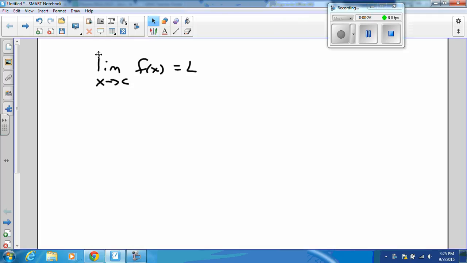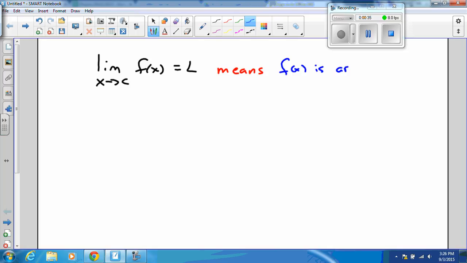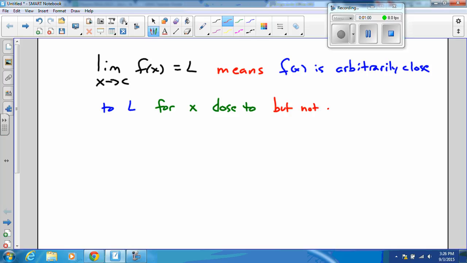we said that this language means that f of x is arbitrarily close to L for x close to, but not equal to,